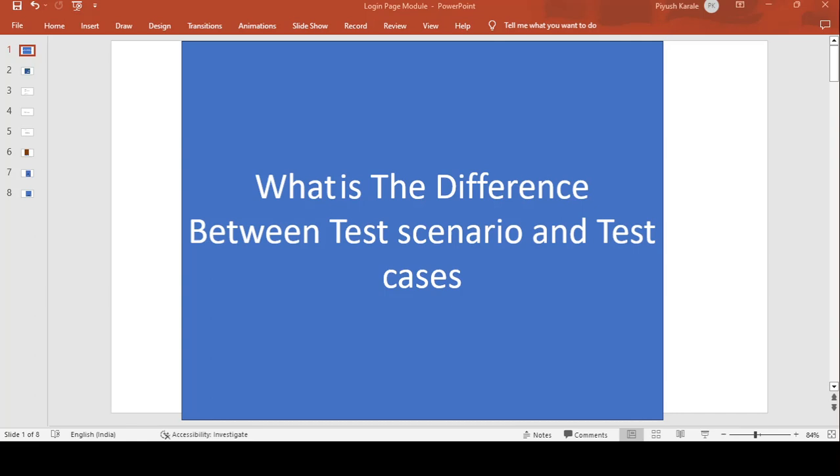Good morning, guys. This is Pushpak Raj, and today's topic is what is the difference between test scenarios and test cases. Guys, I have already created test case templates for different modules, like banking domain modules, investment banking,